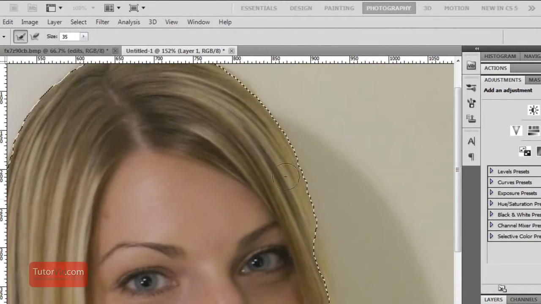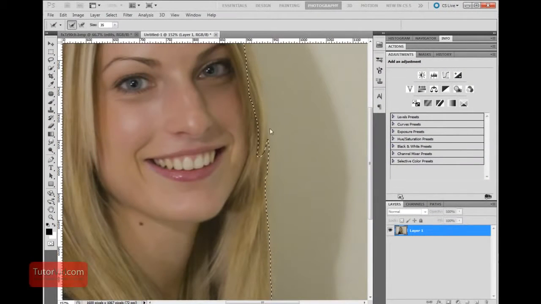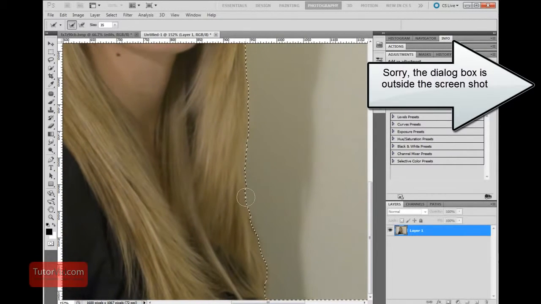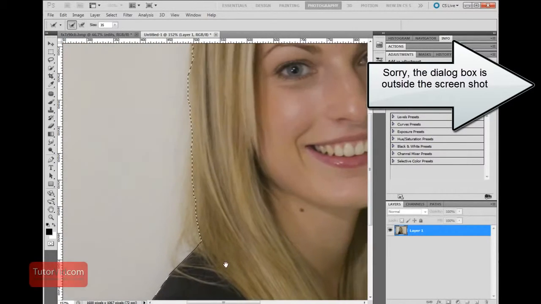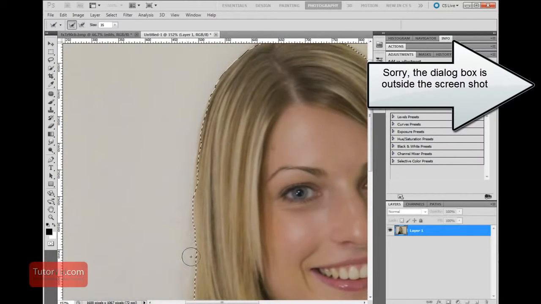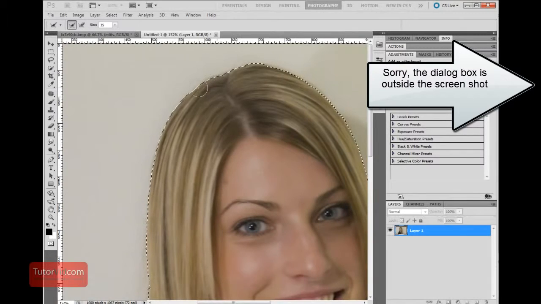And so with this tool we're going to essentially do what we just did, and we're going to tell Photoshop where it needs to look harder to find the proper edge. This image is a bit of a hard one to isolate because the hair is so similar to the background color, but we'll do the best we can in here, and then we can take care of it a little more afterwards as well. So I'm just going to go all the way around the hairline and tell Photoshop to